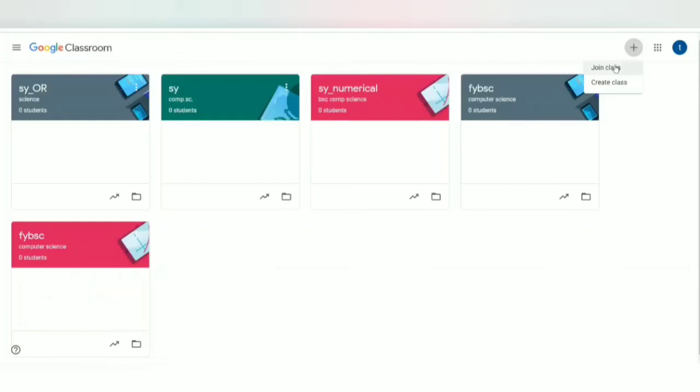So a student also has to do what? Student has to log into Gmail account, personal account, or if a school is using this feature, then student must have the school ID also. So that is more authentic, I think. But let us just see how a student can join a class.